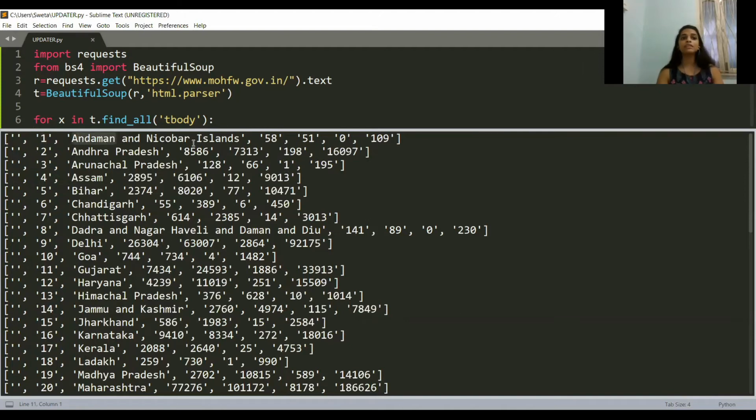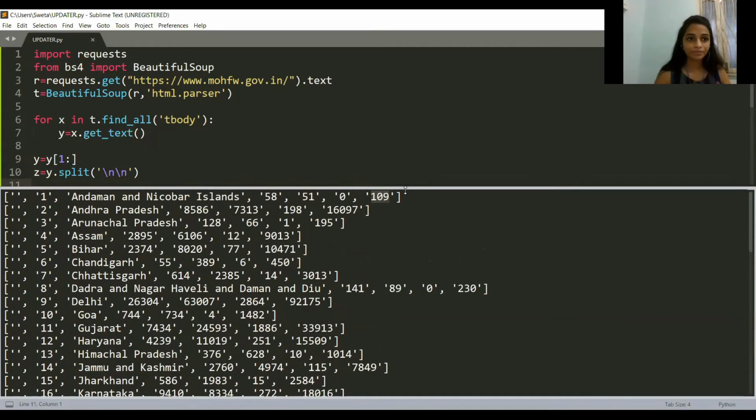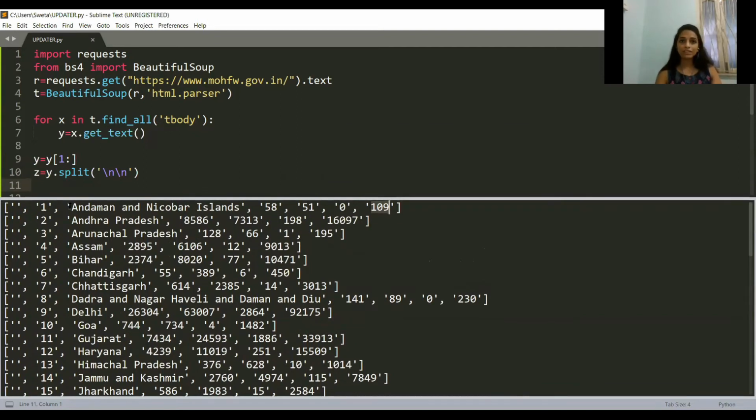Then the state or union territory's name. Then the number of active cases. Then the number of cured, migrated, or discharged cases. Then the number of deaths in that particular state, and then the total number of confirmed cases till now.